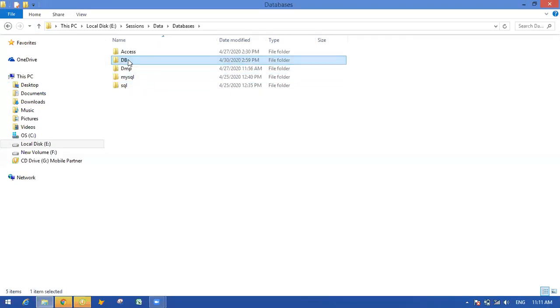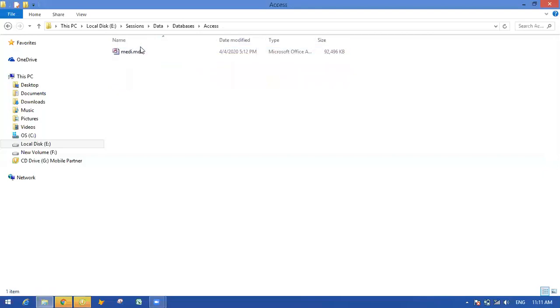Once you recognize the format, what you need to do is convert it into DBA. All the files first you need to convert into DBA. If you have an Access format database, how will you convert it into DBA? That is today's topic. First of all, we have a .mdb backup, and I want to convert it into DBF.